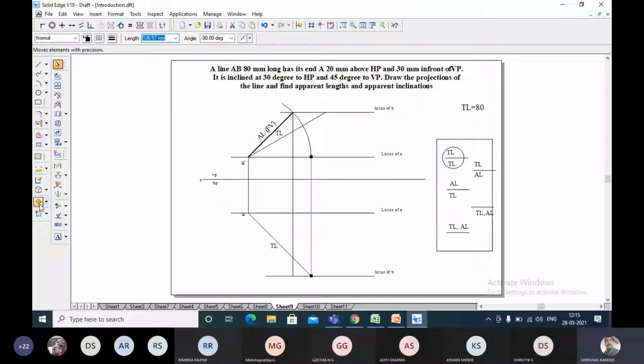Select a line, select the end point, locate here. Next, extend this line.